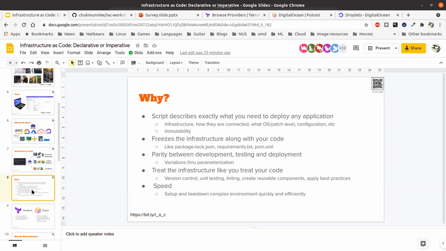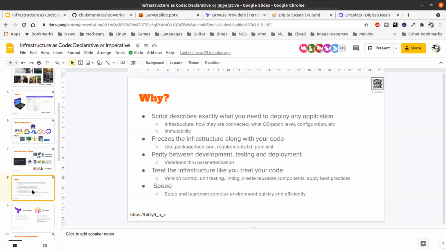The other thing that is really good with IaC is that now, for the first time, if you are a developer, there is parity between your development machine, your testing, and your deployment. The machines are the same, although the number of CPUs and the memory can be different, the operating system and the way it is set up can be exactly the same. So you are now actually testing and deploying on what you're going to develop on.